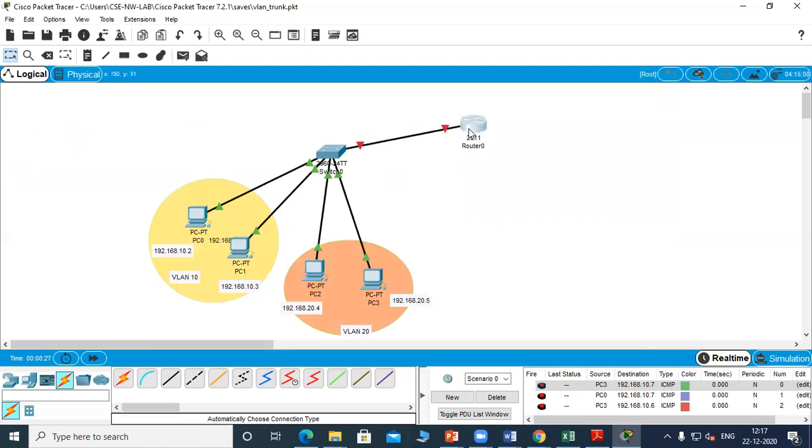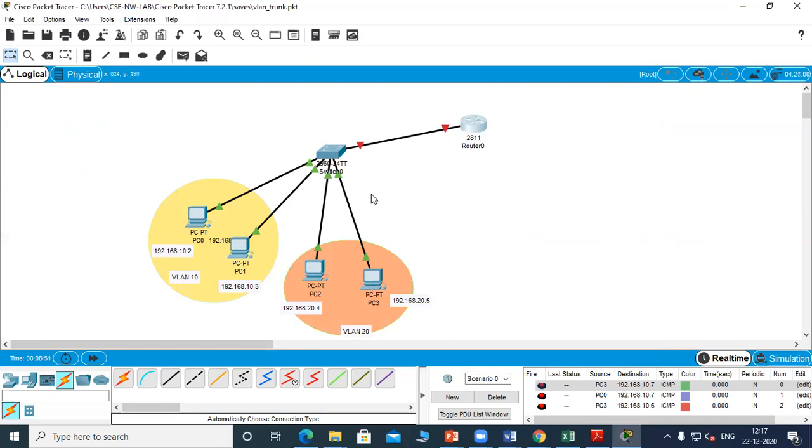This router is going to help you to communicate with the outside world. But there's only one interface. Now, if the packet has to be forwarded, the gateway address of this network will be 10.1 and the gateway address of the second network will be 20.1. So we require two gateway addresses, but there's only one interface.